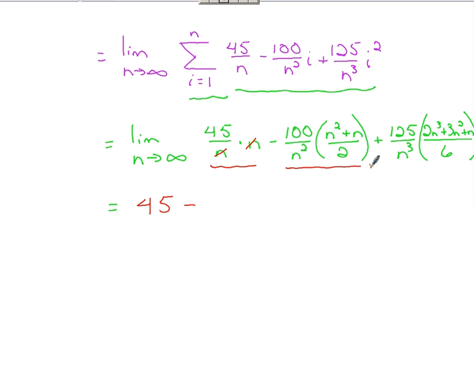Well, all I really need to remember to do here, because of how the canceling out works, especially as the limit's applied, all I have to remember to do here is take this 100, divide by that 2. So 100 divided by 2, get 50. And plus,